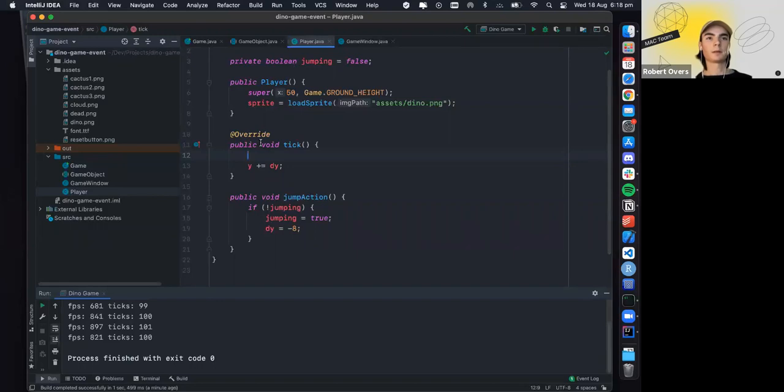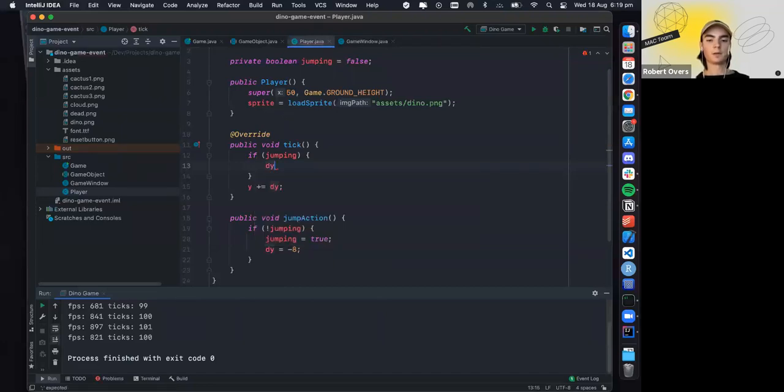And so from here, let's first try and imitate gravity, because it's actually pretty simple. So you say if jumping, you want to increase the velocity downwards by some value, so that the velocity slowly slows down, eventually becomes in the opposite direction and then falls back down. In this case, it's adding a positive value. So it's initially quite negative, so it moves very fast, slows down, and then comes back down. So you basically add a constant amount to your velocity, say like 0.3, and F tells it that that's a float, so it doesn't get confused. So if we try that now,